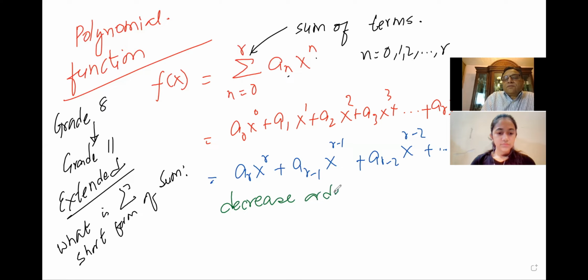Decreasing order of terms, right? So the R value is decreasing. Do you see the R value? So the order is the order of each term, right? Decreasing order of terms. This is called standard form